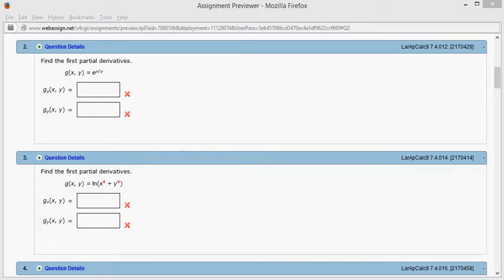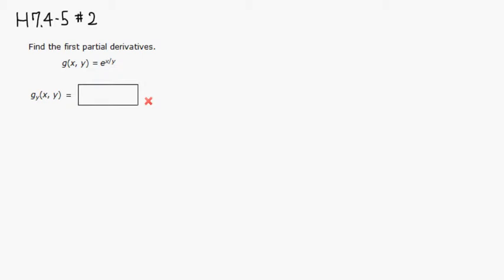Okay, let's look at the homework 7.4, 7.5, problem number 2. Alright, so let's look at the partial derivative of g with respect to y. So we're going to just take the partial derivative with respect to y. So let's see, g, maybe I'll use a different notation. Partial derivative of, say, g with respect to y would be,